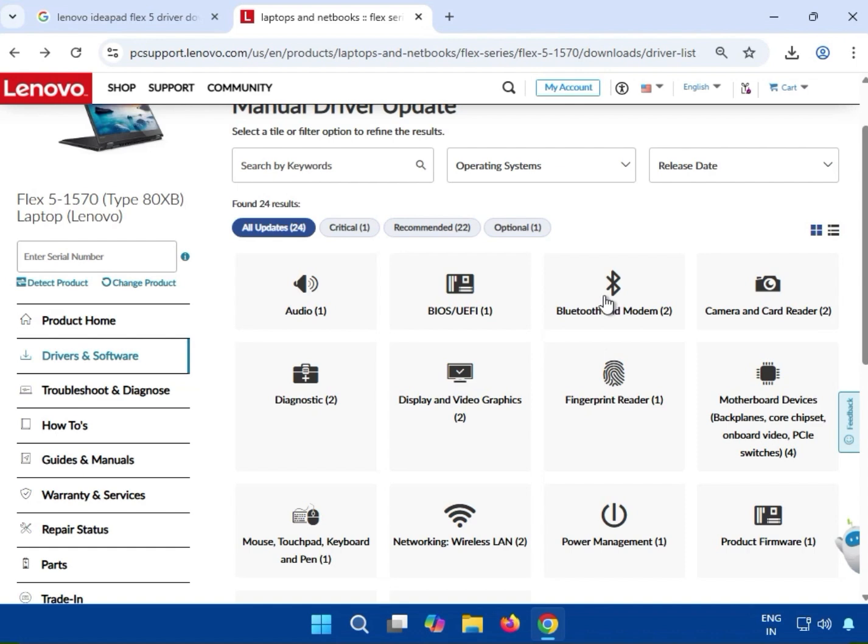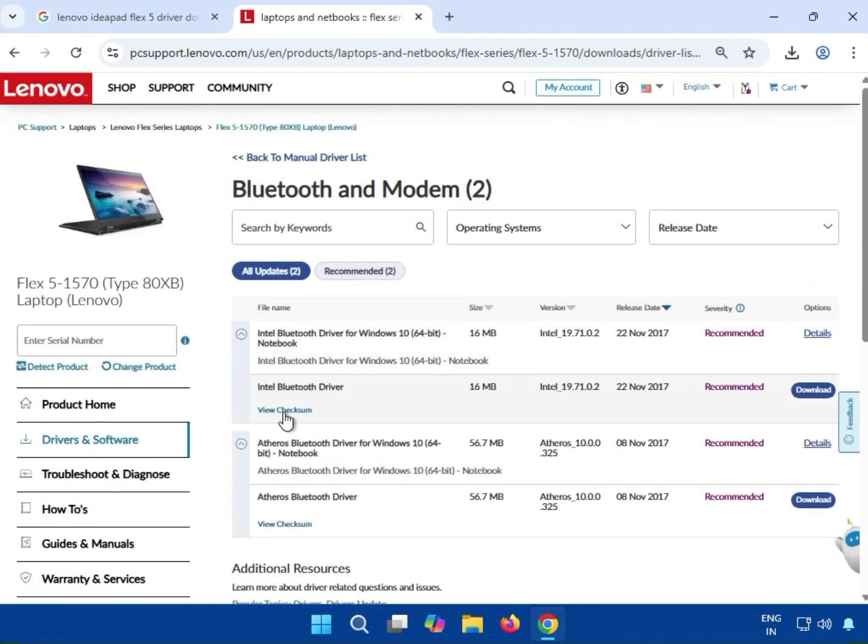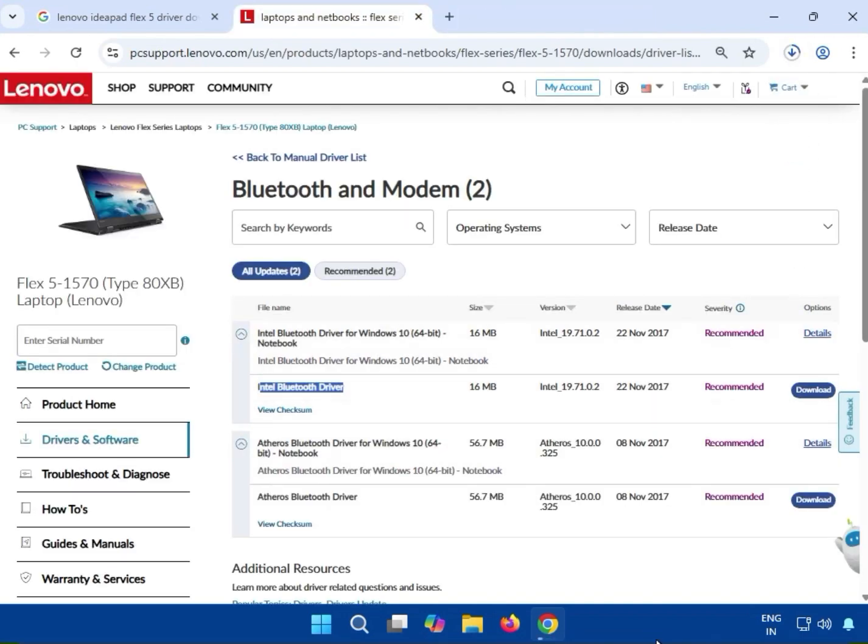then guys click to Bluetooth. So Intel Bluetooth driver you can see here, then click to download, wait a few seconds. Now you can see this is installing, just click to support,